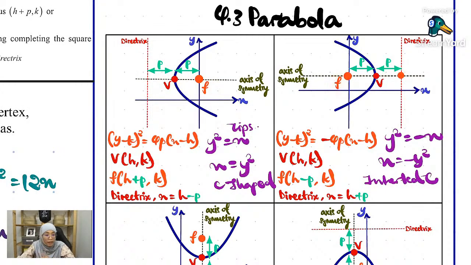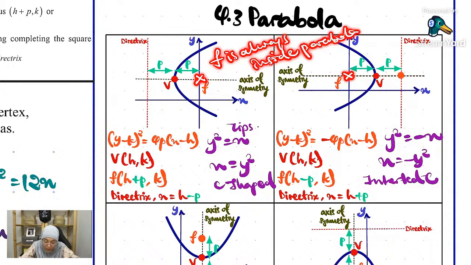Focus lah. Kali ni ada satu F saja, bukan dua F. Kali ni ada satu F saja, so I call it focus. So my focus here is only one point. And the focus is always inside of parabola. F is always inside